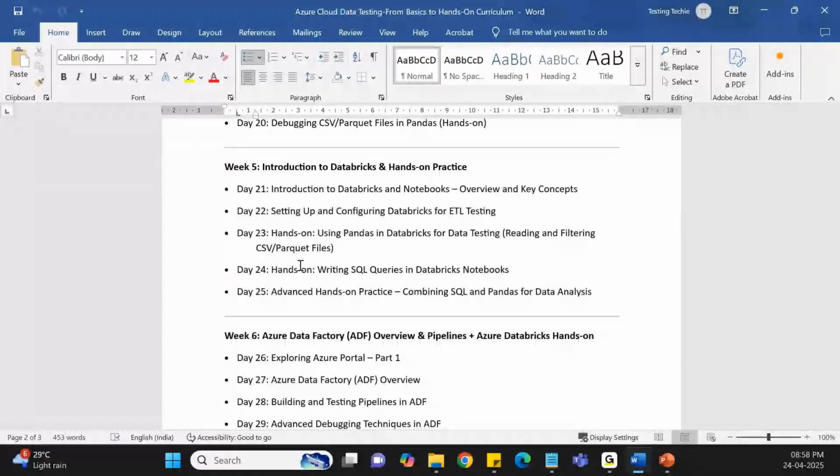Basically we'll be using SQL Server for the first sessions of SQL, and then we will start with the cloud section. In that section we need the Azure portal, where you have to sign up and create a free account using your credit or debit card.